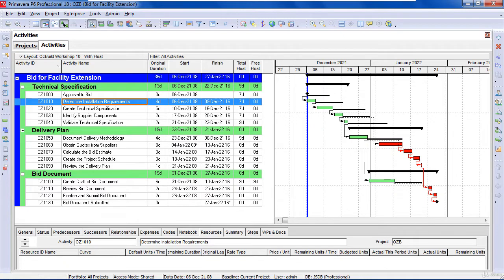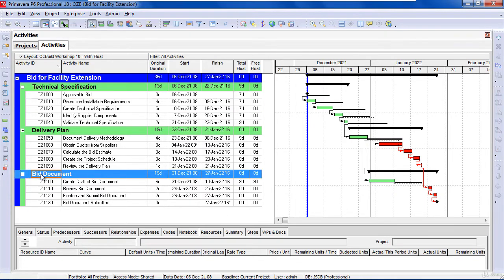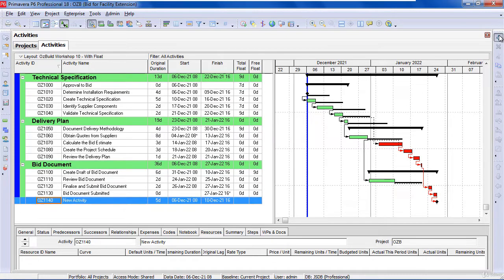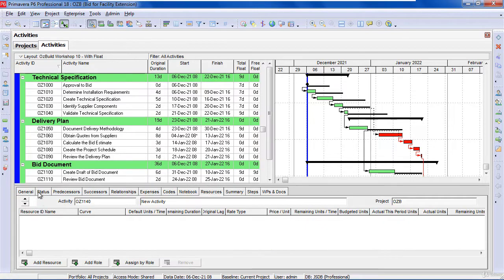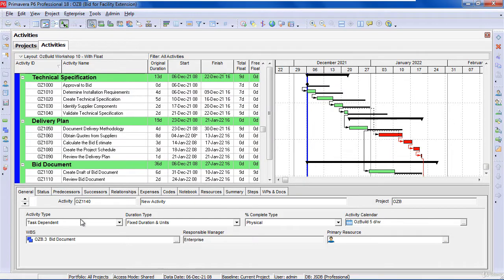First of all, we're going to create a WBS activity and see how that calculates. So click on the bid document node, add an activity, give this activity a name of WBS, and go to the General tab and change the activity type to a